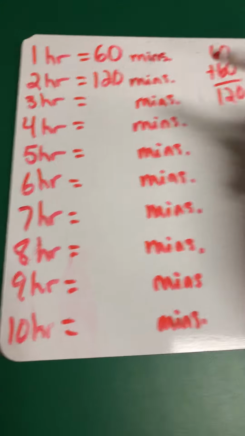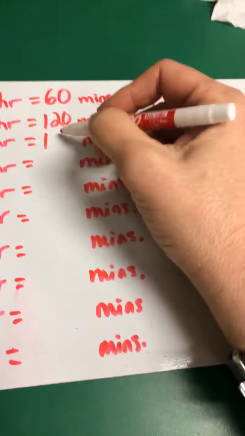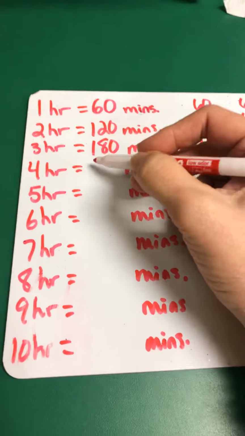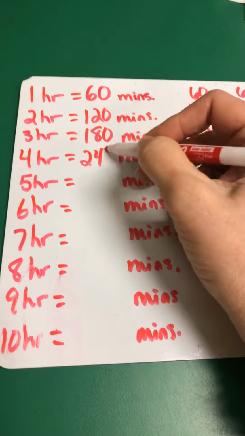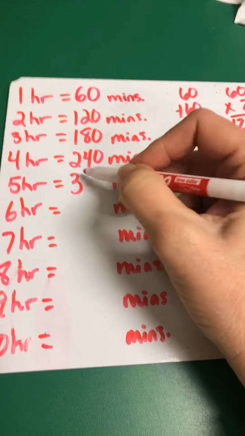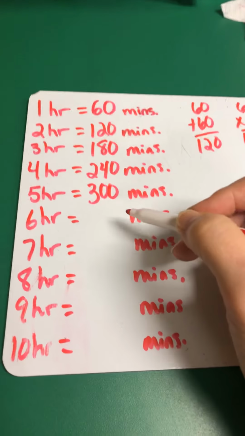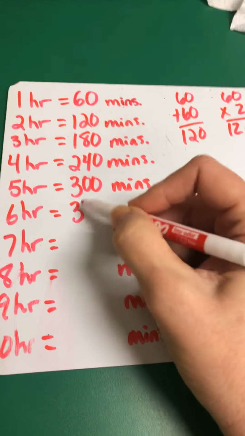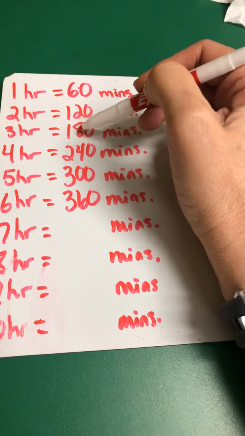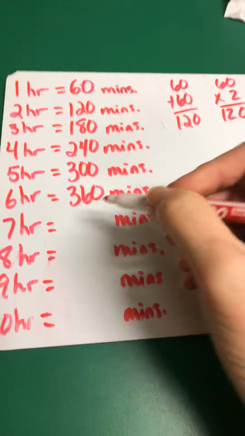How many minutes are in 3 hours? 180. How many minutes are in 4 hours? 240. How many minutes are in 5 hours? 300. How many minutes are in 6 hours? 360. Do you see the sixes? 6, 12, 18, 24, 30, 36,